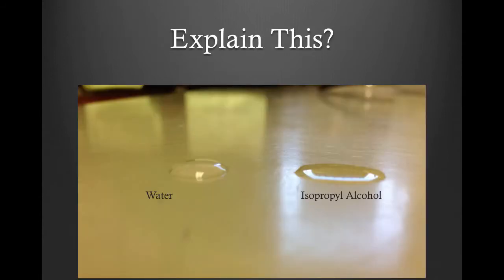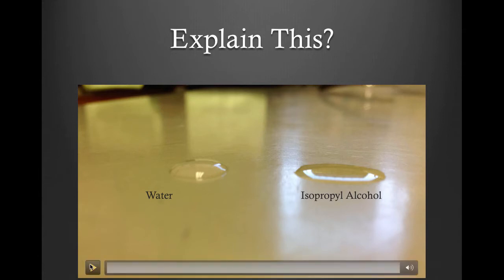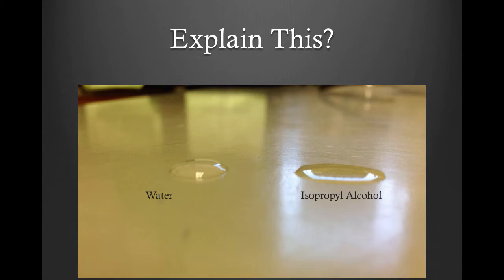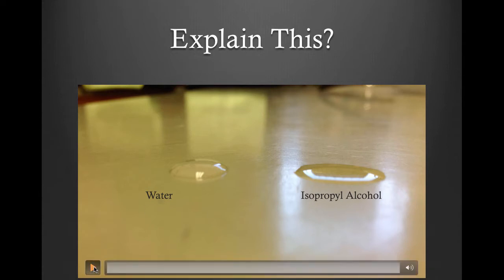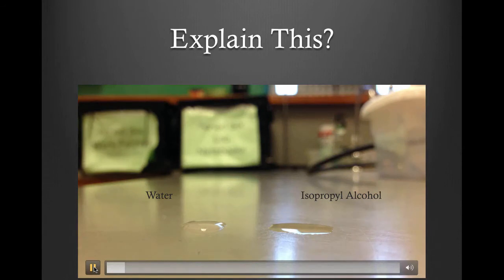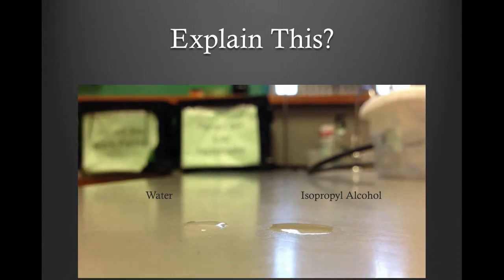So let's look at the volatility of water compared with isopropyl alcohol. Watch carefully, and hopefully by the end of this video you can explain your observation. On the left we have water, and on the right we have isopropyl alcohol. Now think